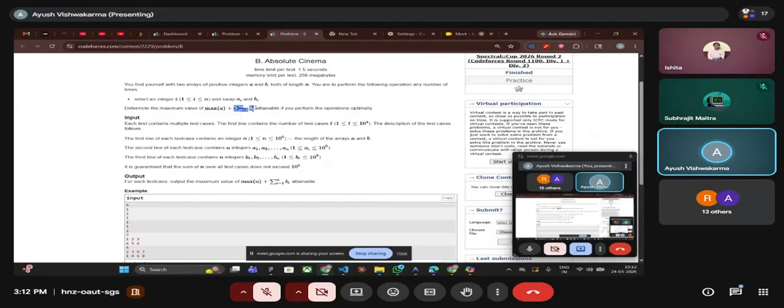For each ith position, you will have the maximum element in the array b, and because you have to add all of the elements in the B array, that's why you are doing this.